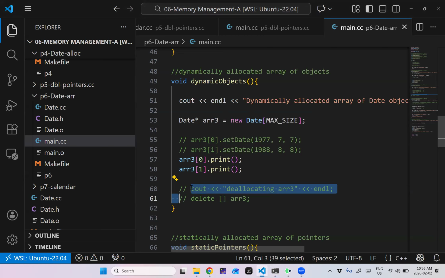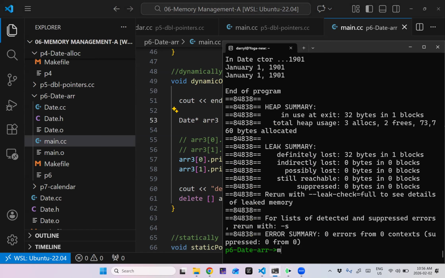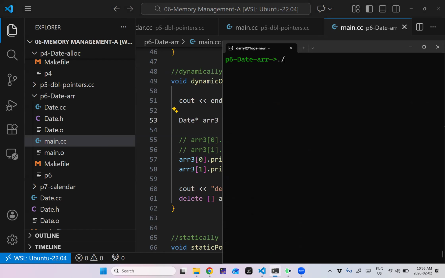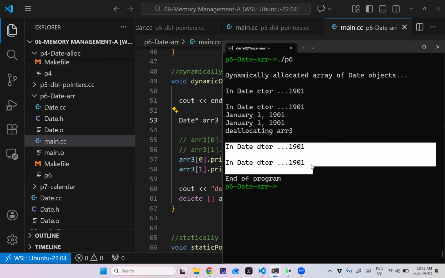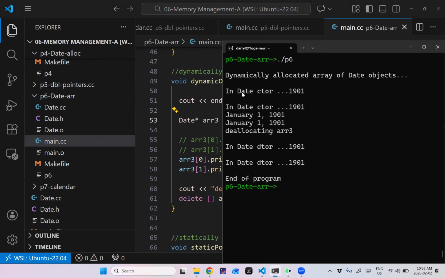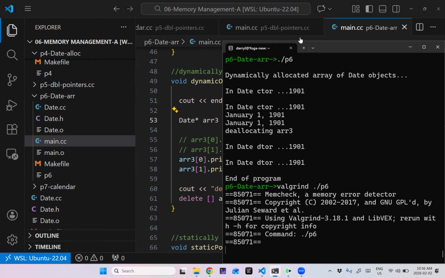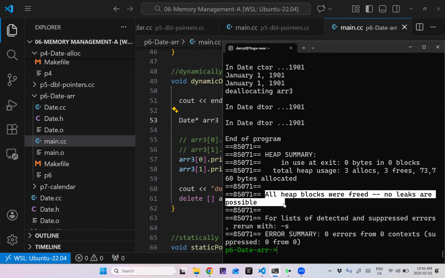So to delete the array, I make this call. Now, these dates are technically statically allocated inside the array. So when the array gets destroyed, when their surrounding context is destroyed, those dates get destroyed. So I should see 2 calls to the Date destructor. And there we go. After we delete the array, both of these dates get destroyed. And I can run it with valgrind and no memory leaks. Questions?